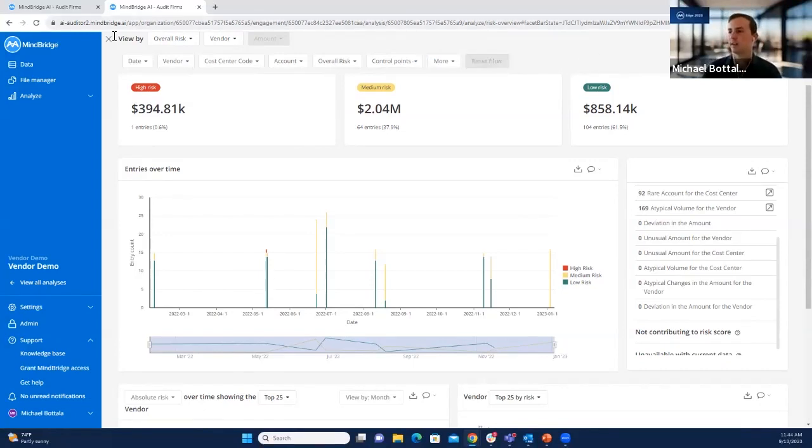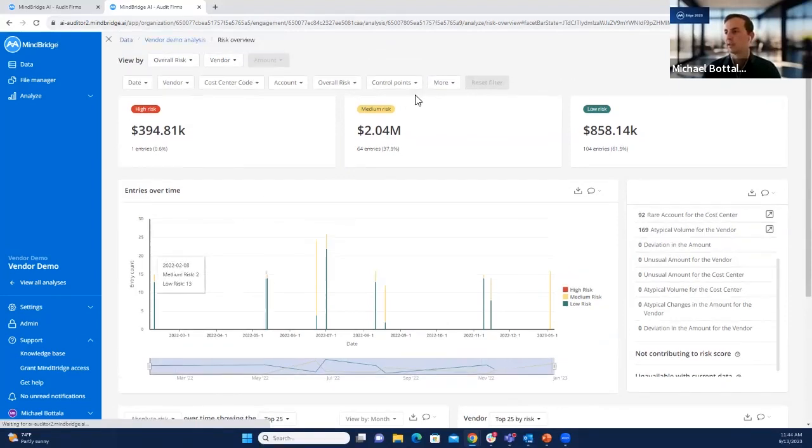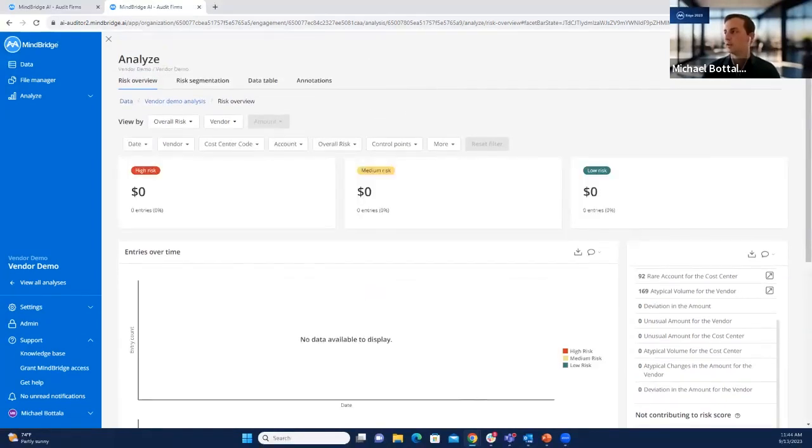When you reset the filter here, there's a variety of different ways that we can also look at the data. You can go ahead and look at specific accounts. We can break down specific cost centers. If we've got user functions within the tool, we can break down the users who are entering vendor payments into the system, and this can give us a good understanding